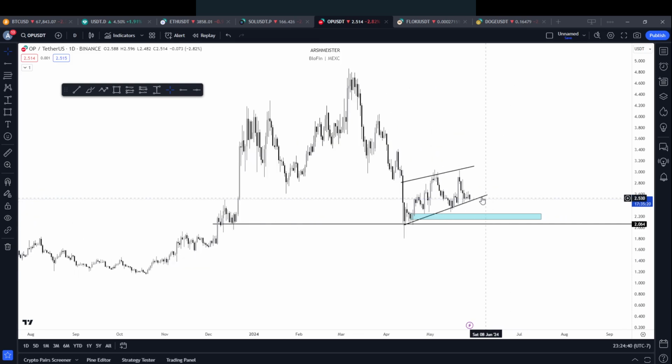So entries around here down to here, and then if ETH were to run from that point, from 36 whatever, then you should get a nice move up. Now, the boss level for